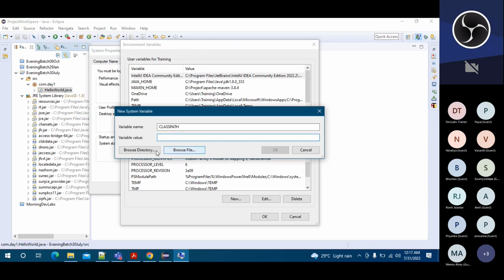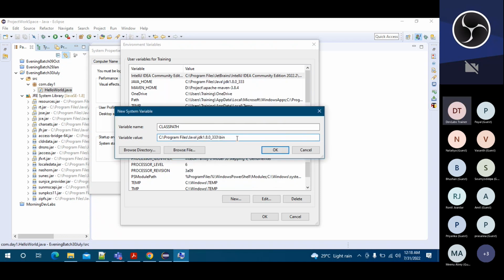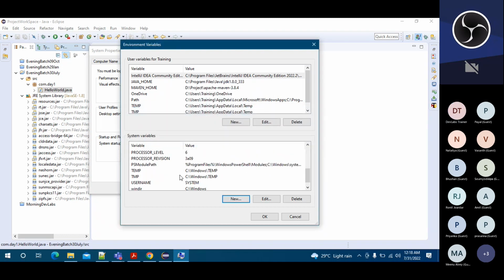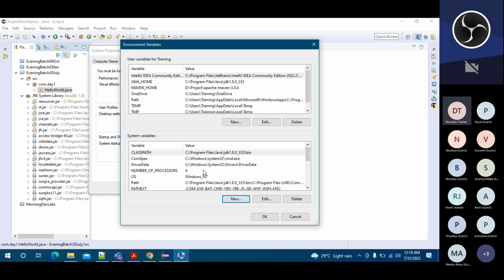So let me go there, browse directory, Java, bin. Okay, and let's click here. So bin you have already done, but if you want to add a lib, then you don't need to go with the new things. First you have to set up the bin path, and then you go to the